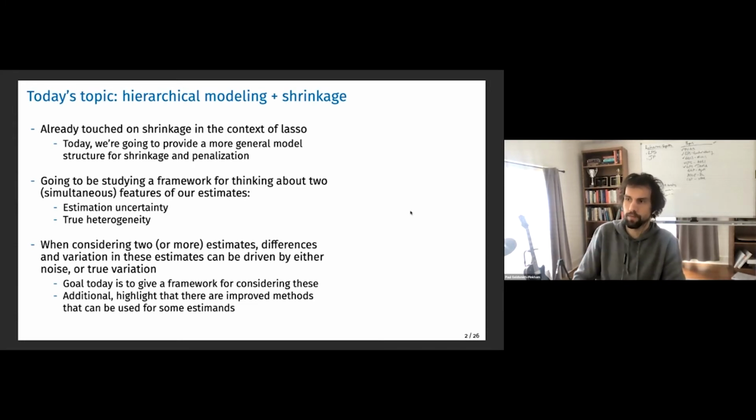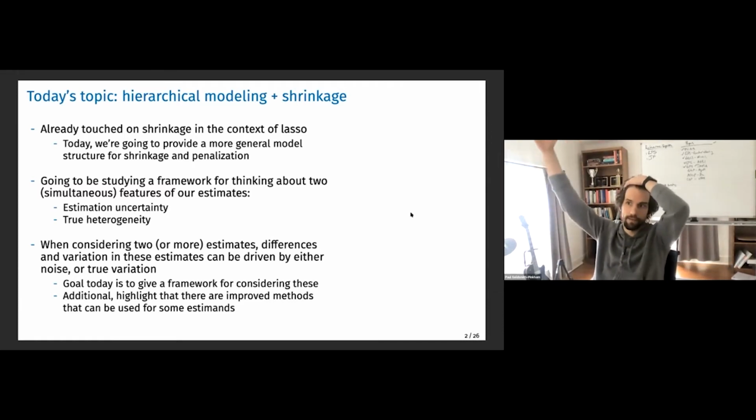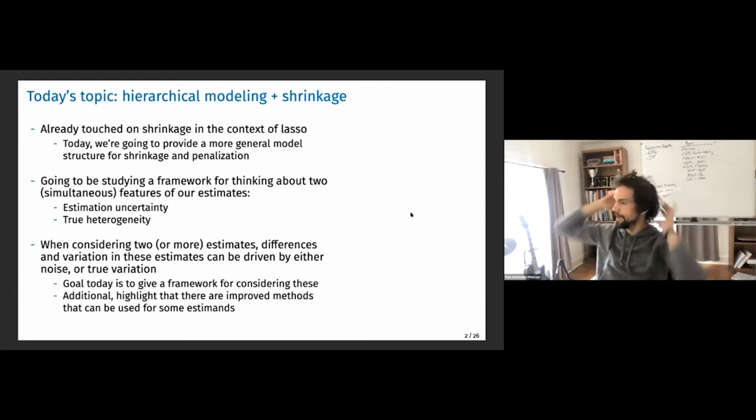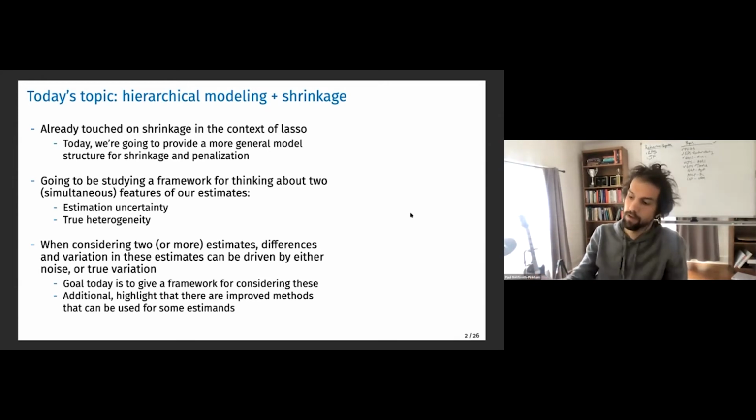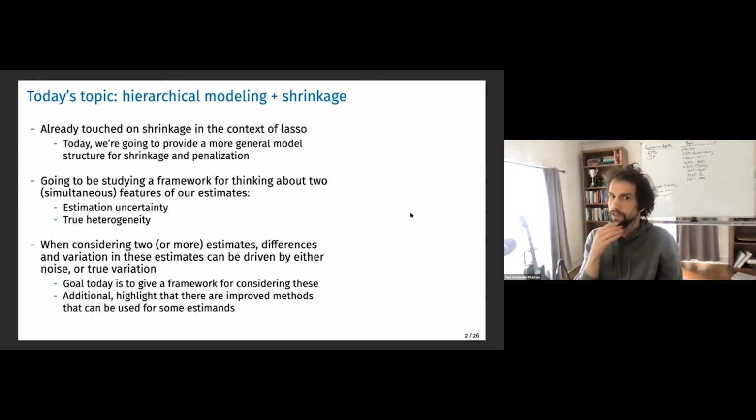The goal today, when we're thinking about multiple estimates or things across different estimates, or just more generally thinking about these parameters, is to have a framework for thinking about either noise, that is the estimation error, or true variation across things. And as almost a side benefit of doing this, there's a really beautiful set of techniques for estimating these types of methods